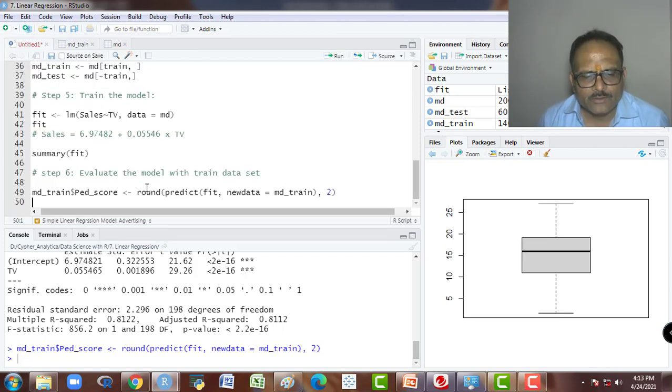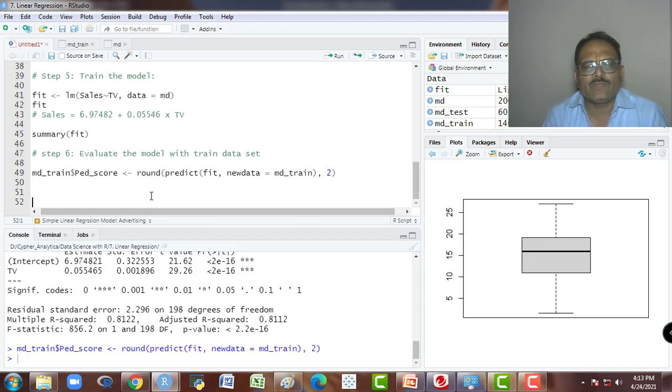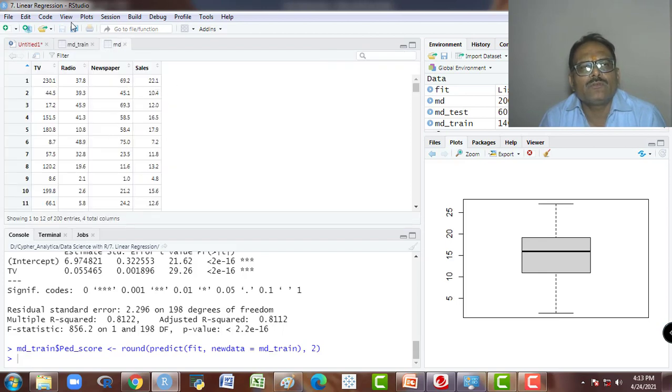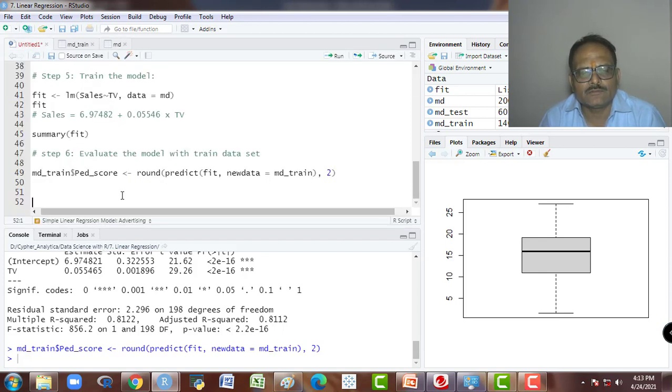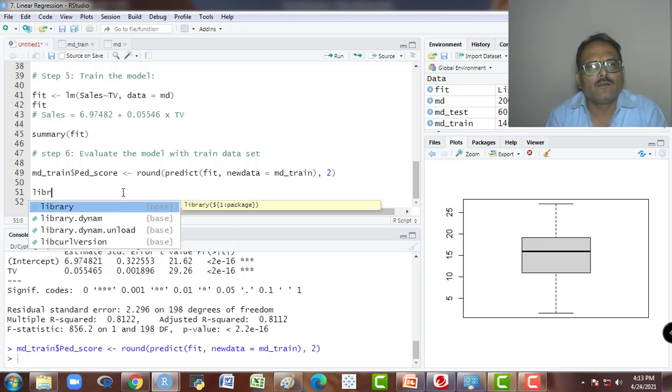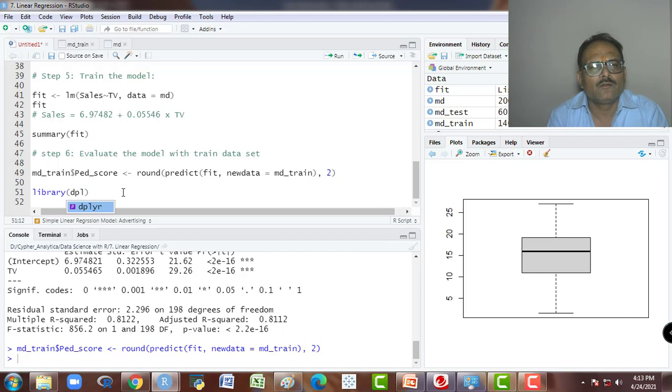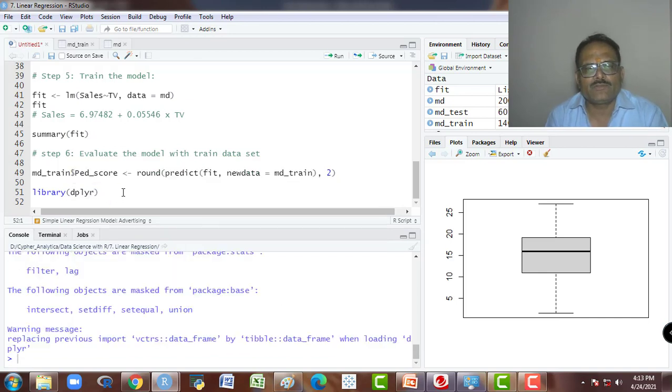We have seen the head and everything here, so there is no need to use the head function. Later on I will use the new library dplyr for data manipulation, and I import this library.